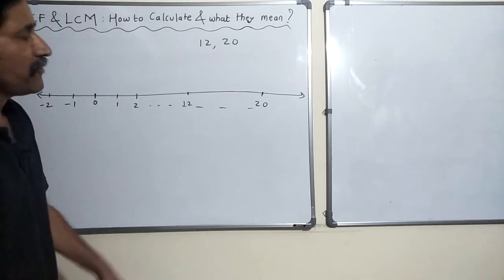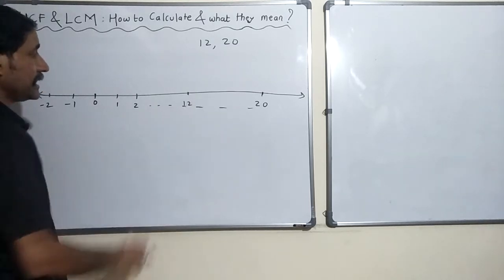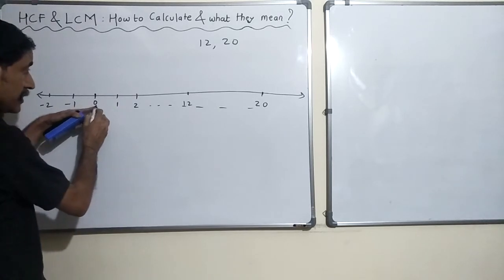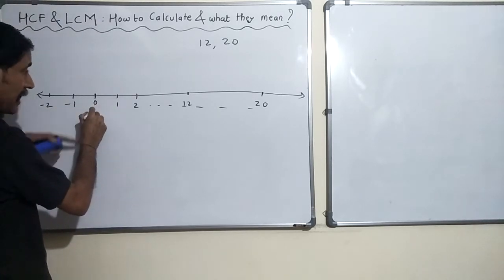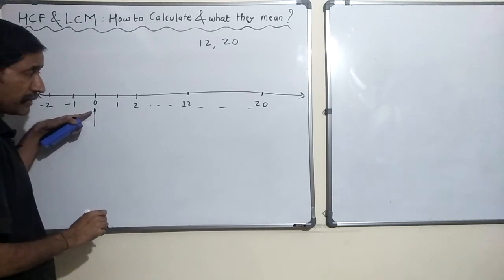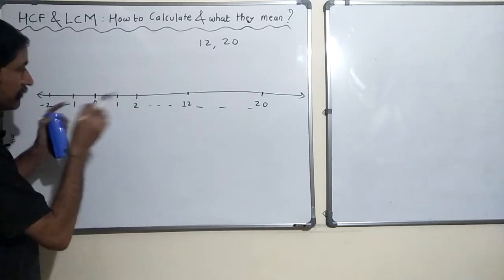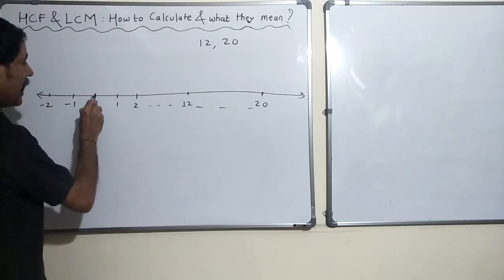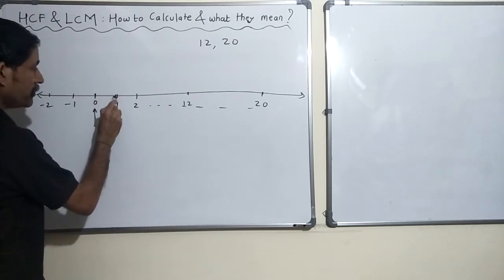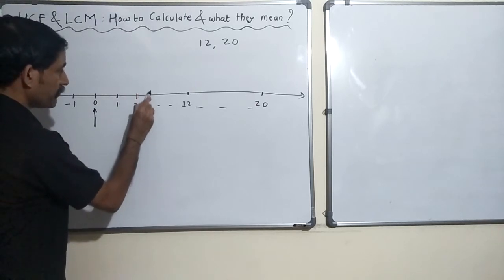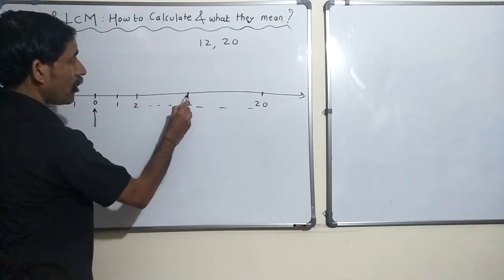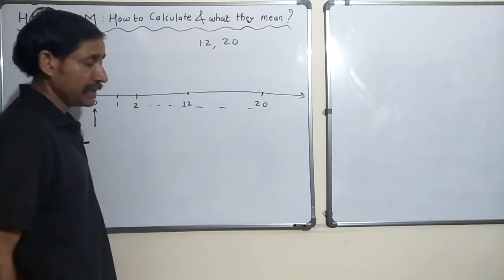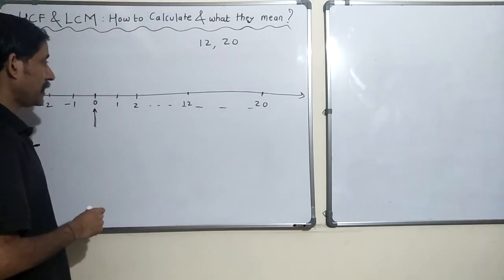The HCF of 12 and 20 is that number which, when you are standing at 0 on a number line, let me rephrase it. If I am standing on a number line at 0 and I jump one step at a time, the first step would be here, second step here, third step here. Eventually I'll land on 12, and slowly by taking one step, I would also land on 20. So 1 is a factor.